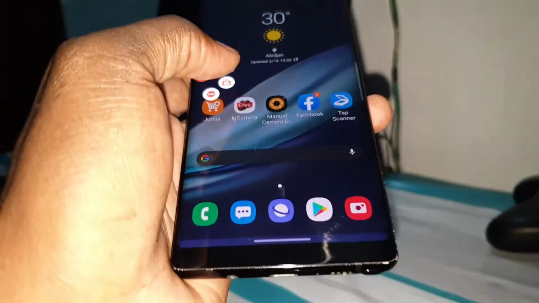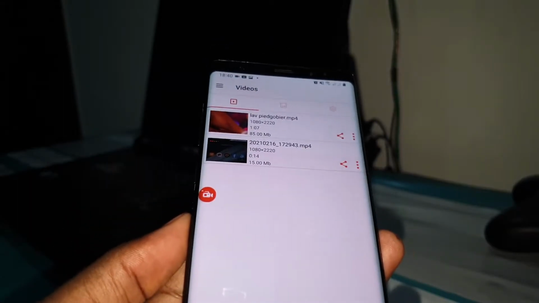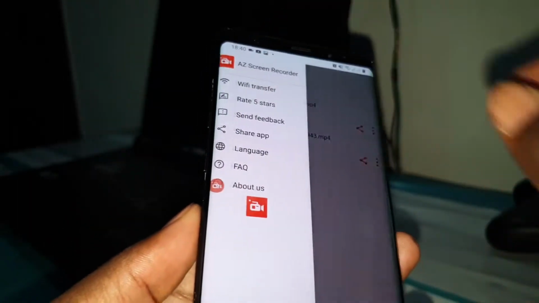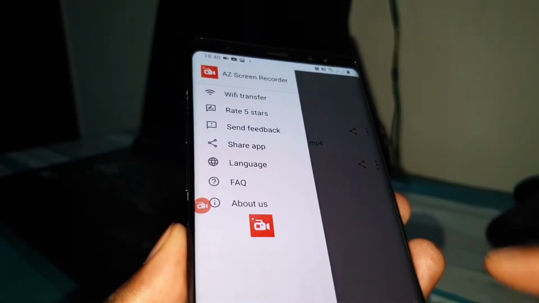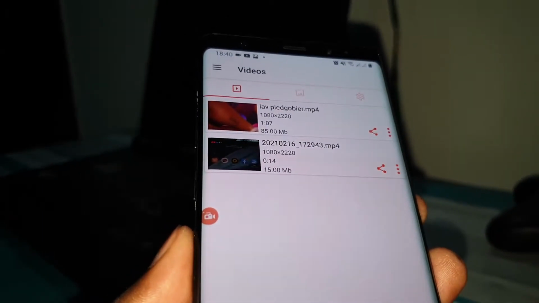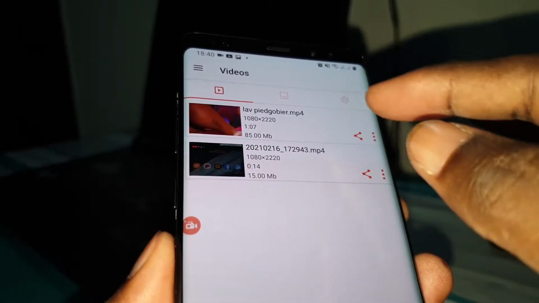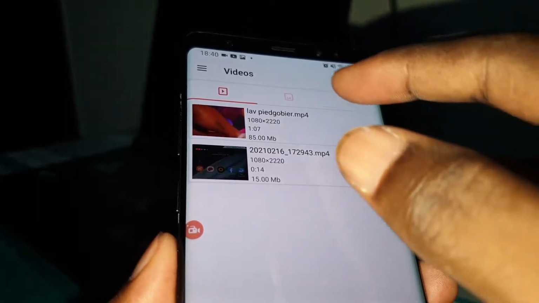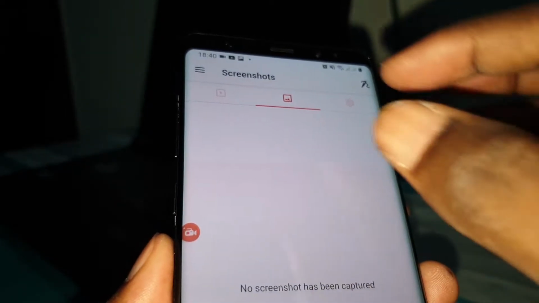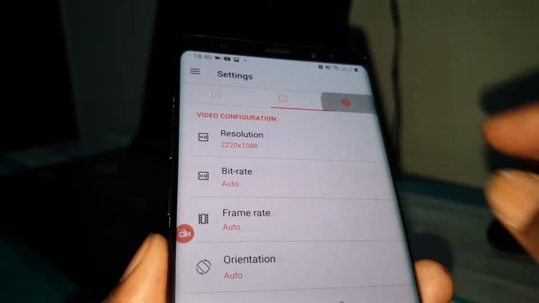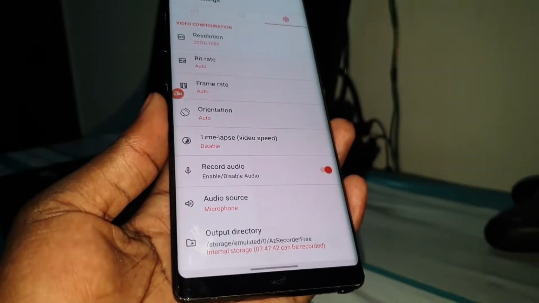Wow. When you click this, you have all of these features for you. When you record a video, you will see all of your videos here. You have photo, which is screenshot. You also have settings.